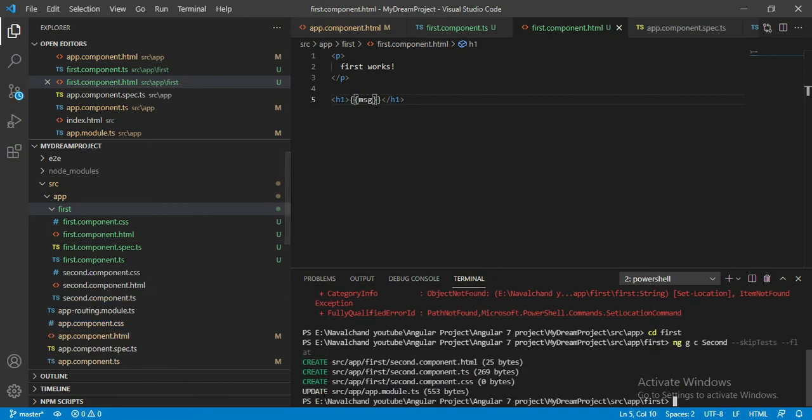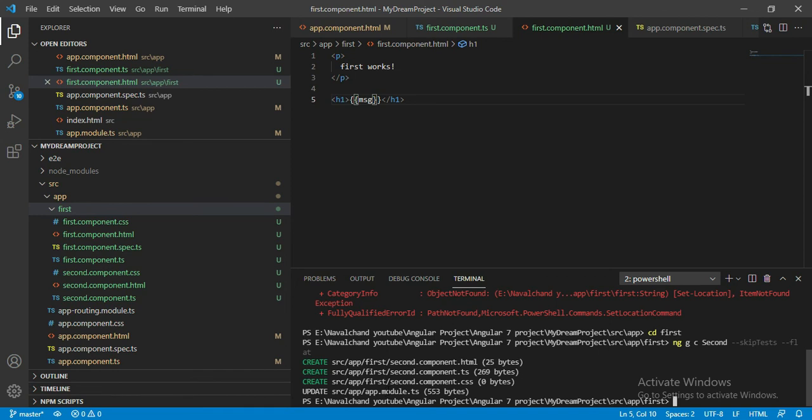You can see this time no spec.ts file is created. That means we skipped that spec.ts file. Let me check, is there any folder created? No, there is no new folder created for the component. It's creating the files in the existing folder. Also it updates that particular component inside the module.ts.